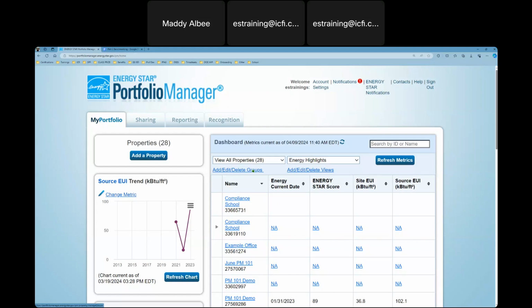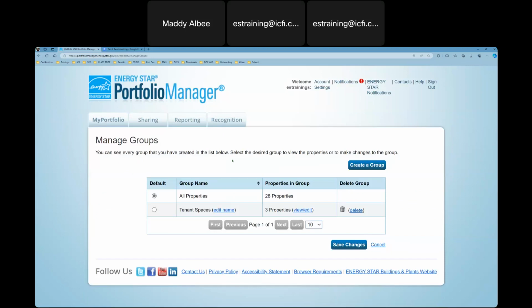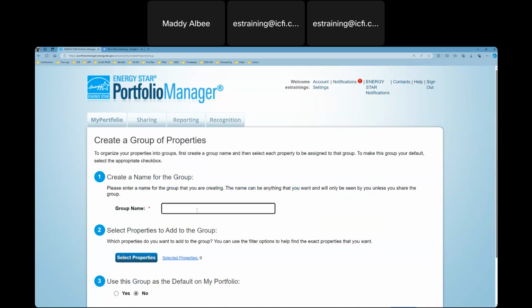From here, if you click on this blue text, you can manage all of the groups that you've created. And then once you save your changes, that will affect your view in your dashboard. You can create a new group by clicking the blue Create a Group button. You can name that group,